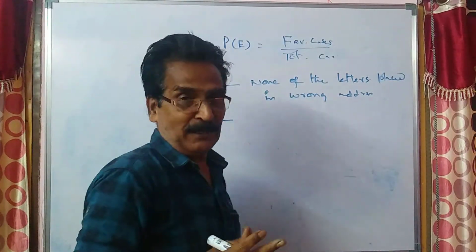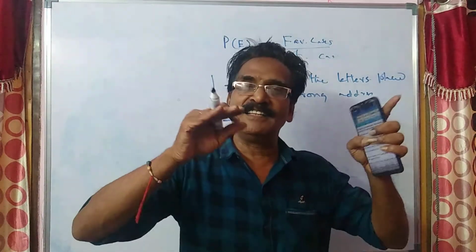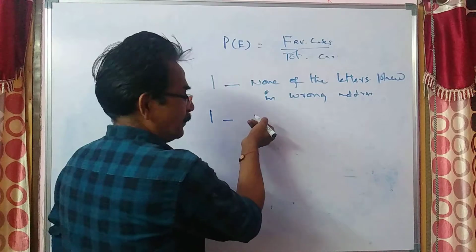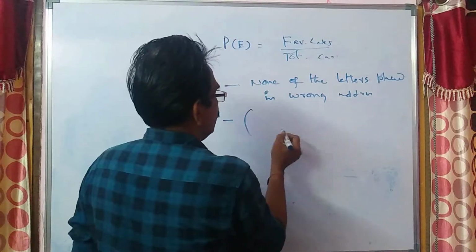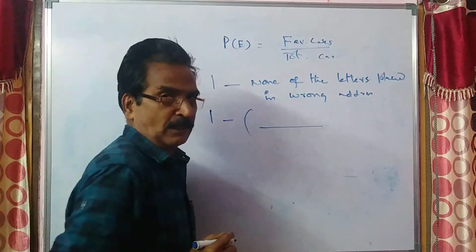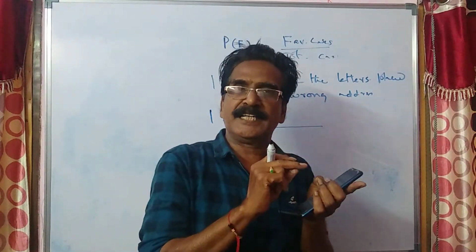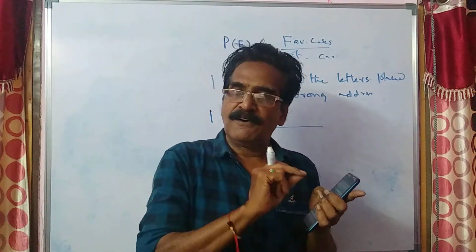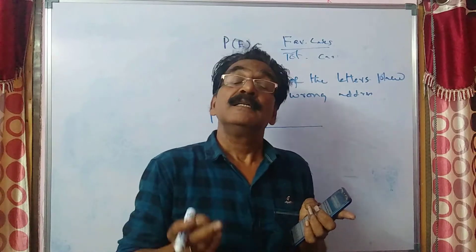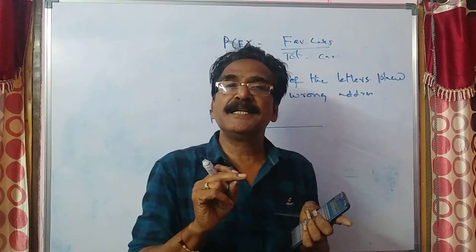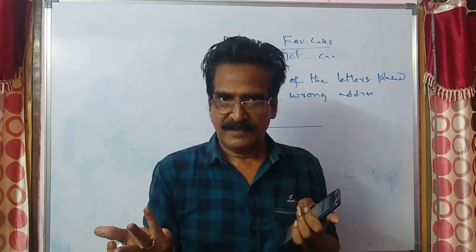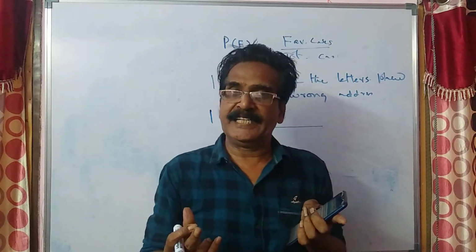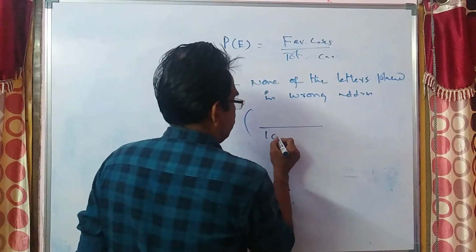So what is the probability that all the letters are placed in right envelopes? Here I am calculating that probability. How many total number of cases? First letter can be placed in 10 ways. The second letter can be placed in only 9 ways, since one letter is placed in one envelope, third letter 8 ways, and so on for the total number of cases.